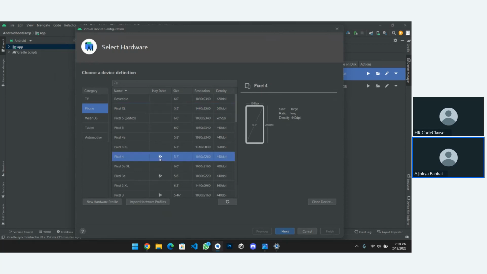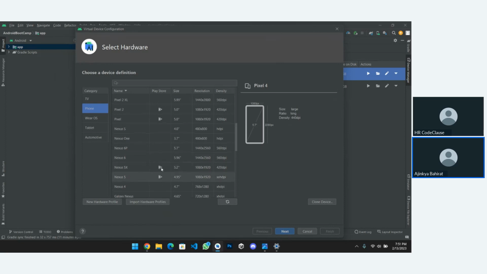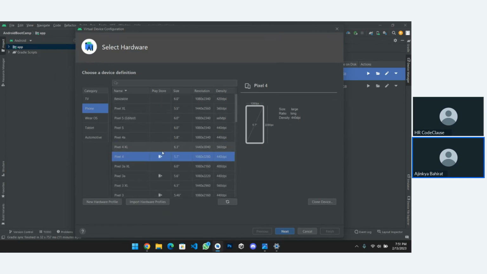So what is this thing? This indicates that the particular image or device is pre-installed with Google Apps or Play Store support. These are a few virtual OS models of your emulator that are already installed with Play Store. The others are not.